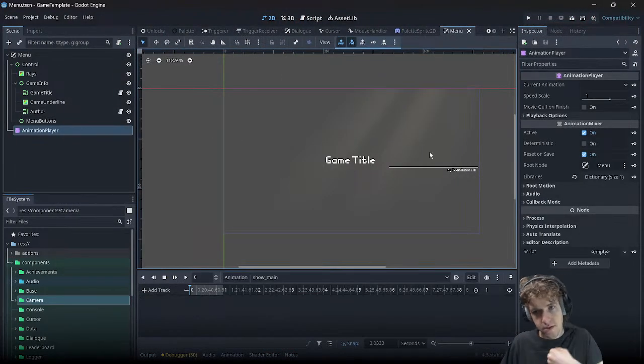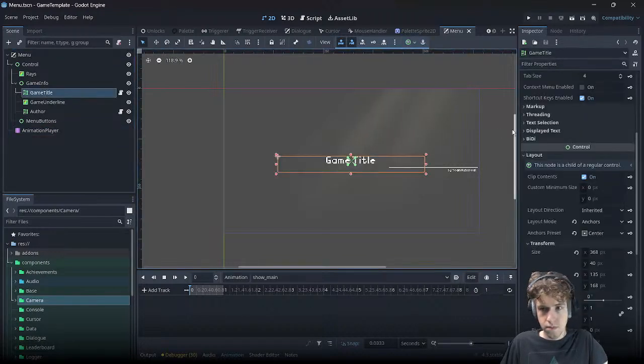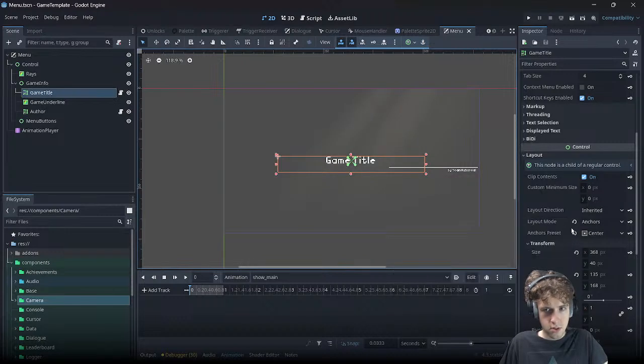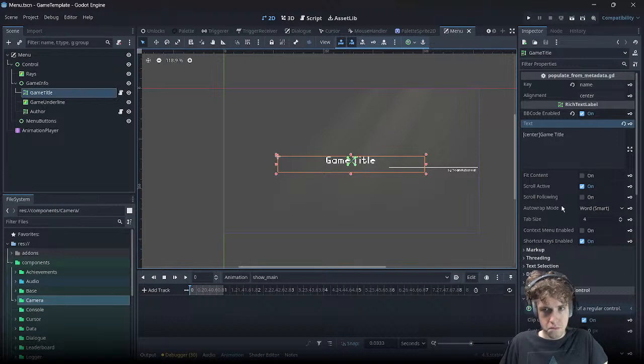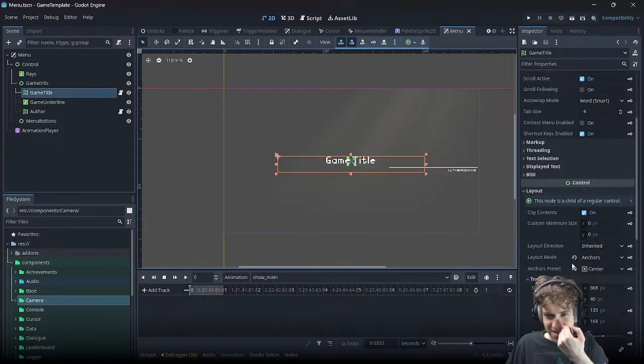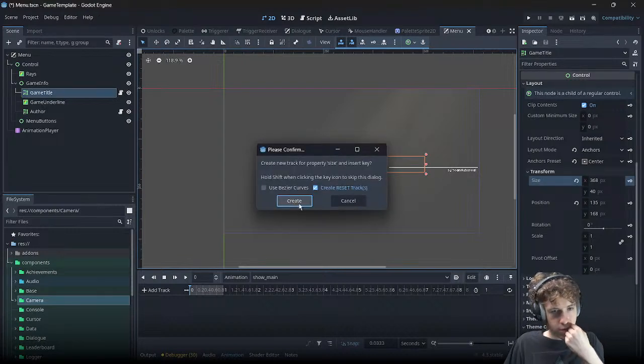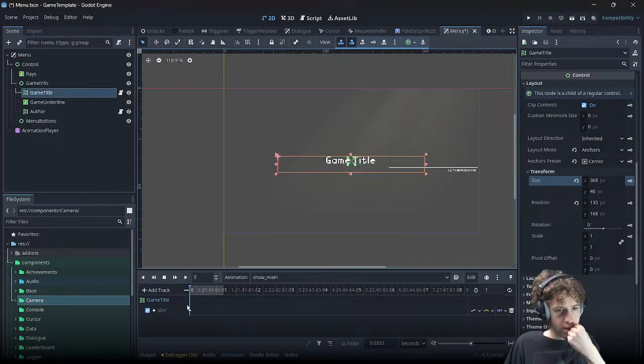Okay, to continue on the animations, I have to animate the title to go over here, and I also want to animate the bar and the author text to slide in. To do that, I can add a key on game title. This would be where's the transform? Oh, here it is. Okay, it's below a bit. So I can do a key, previous track, then